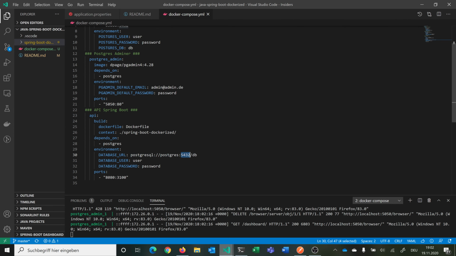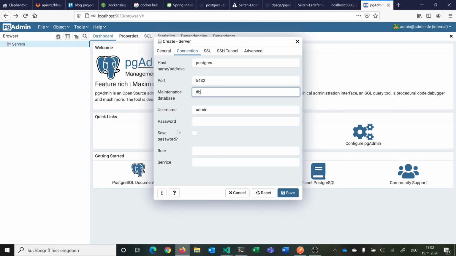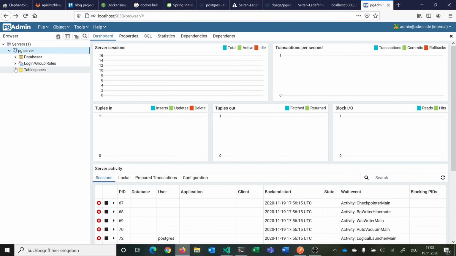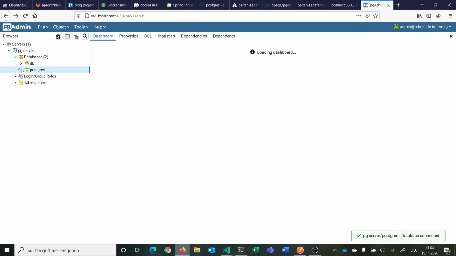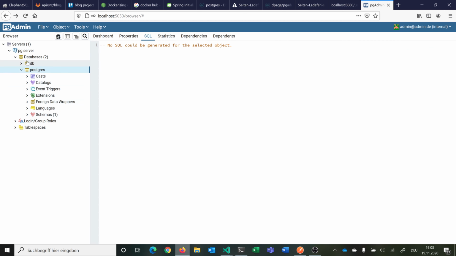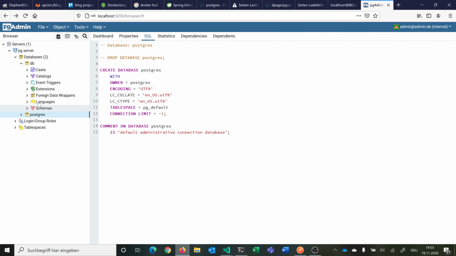So we have DB, we have our port here, like we said it here, our internal port in Docker, and we have user, password, DB. So what we have to check is, the username is not admin, but it's user, and the password is password. And so we can save it, and now you see we have here our P3 server. We have our databases, for example, and then we can also look for some data and so on. So we have here our DB, because this is where the Postgres user and everything is lying, and here we have our DB that we are using